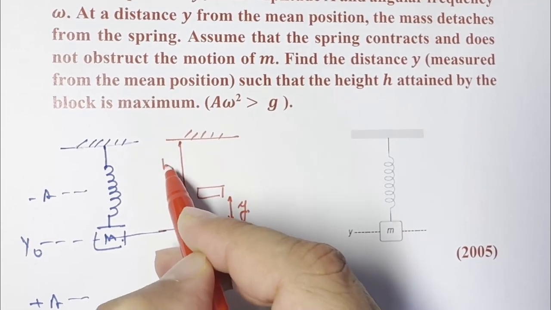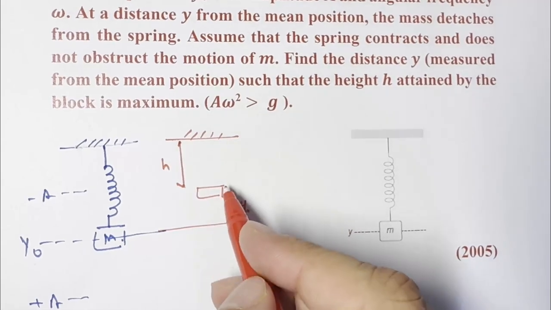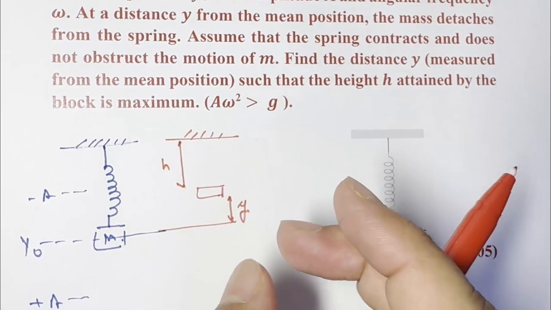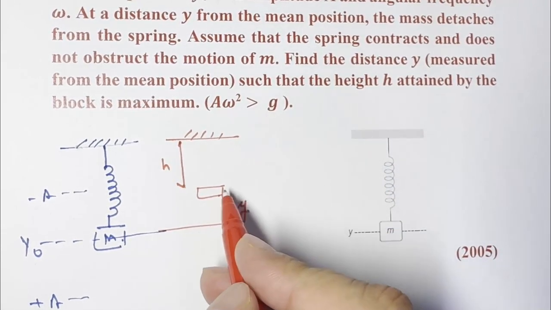Let us suppose this is the height that is being attained, and the point where the block is detached from the spring,